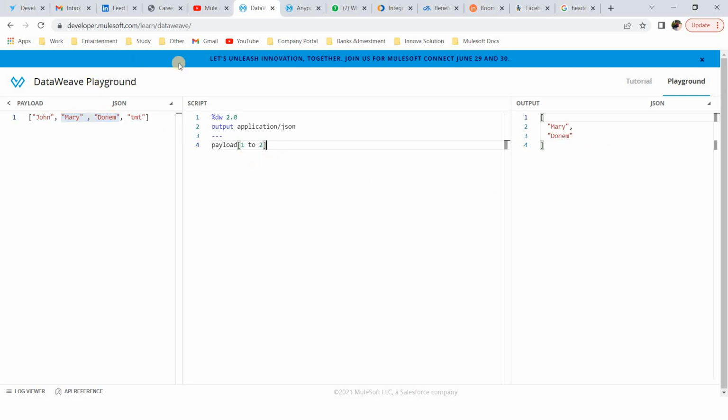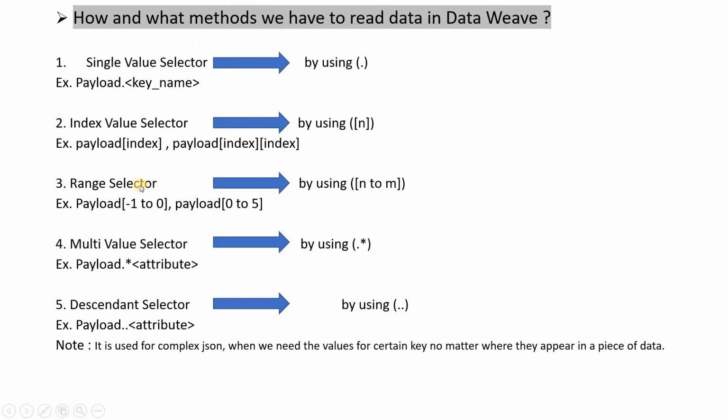So this is the range value selector, meaning from where to where I have to read. Let's say I mention here a 0, then we will get this output like John, Mary, and Donel, whatever. So based on the index which we are putting there, on that basis you will get that output. Okay, this is the range selector.